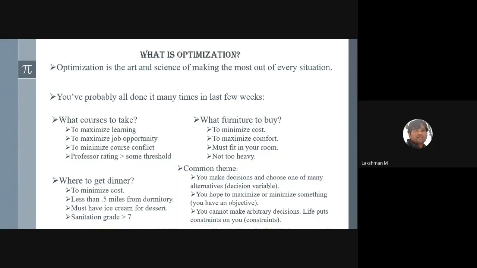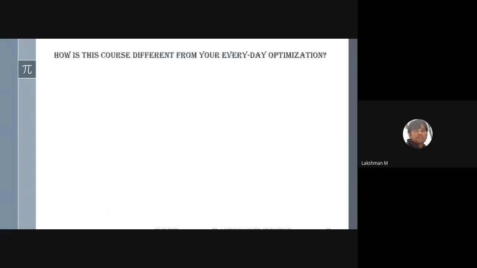Now, how is this course different from your everyday optimization or other courses that you have already taken? We typically model a physical or social scenario with a precise mathematical description. This is the modeling part.